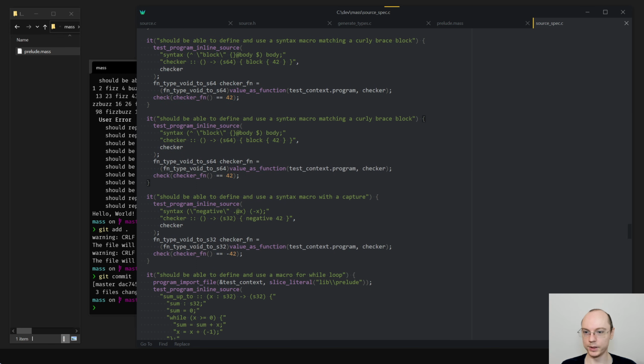And right now it even will work as expected, which is kind of funny. We still need to figure out the macro precedence, which right now doesn't exist. Like, in which order do you want to apply the macros? But I think this would be kind of neat. You should be able to define and use a syntax macro matching. Actually, there are even two cases. We will now do the first one, the easy one, and then there will be a harder one.